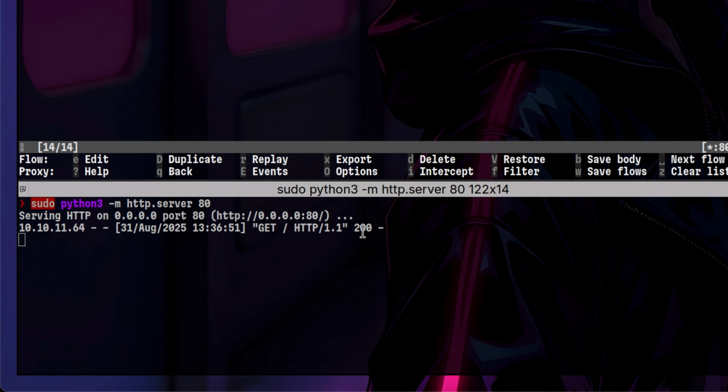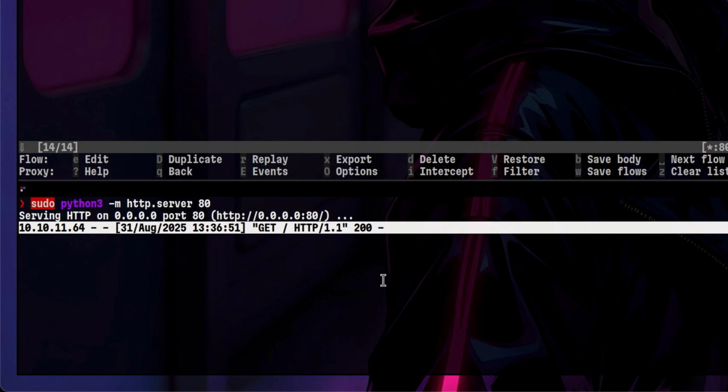We got a callback. This confirms that our command injection payload is working, and we can now upgrade this into